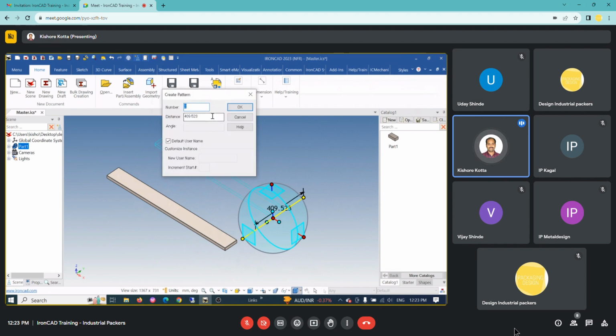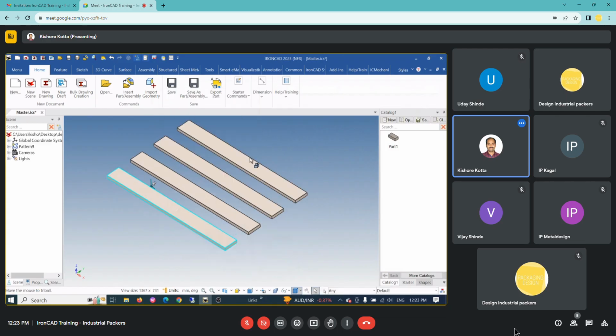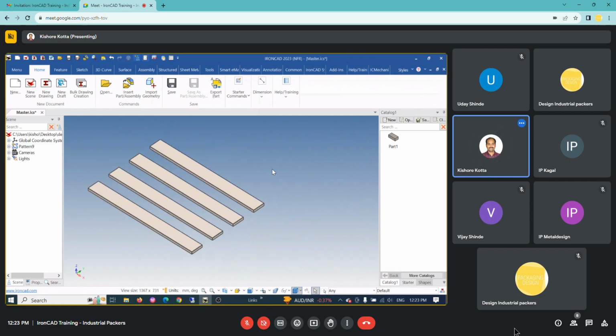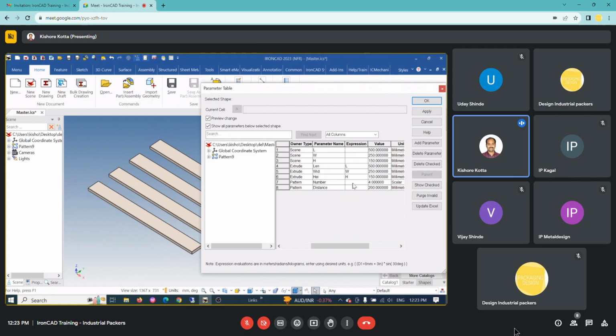The pattern tool will also add number and distance as the parameters automatically. So I'm making it, and should be